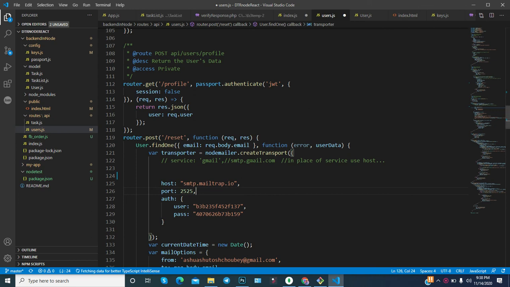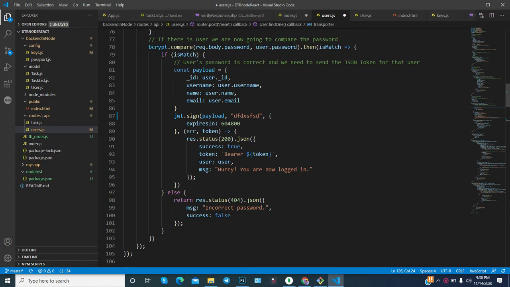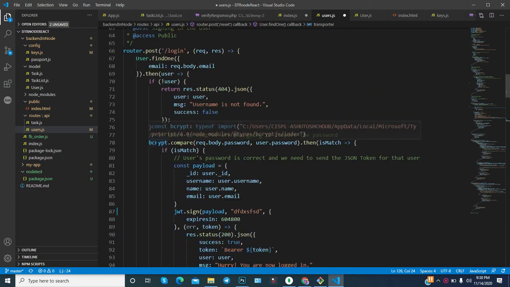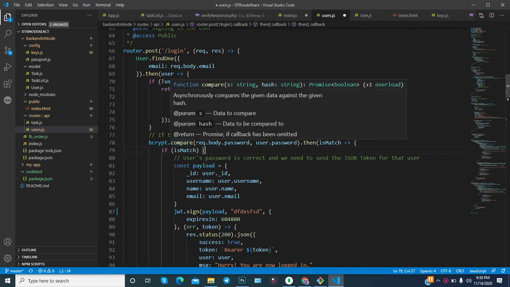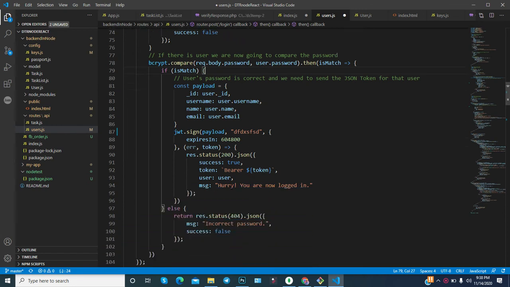So in the previous episode, you understood how you can utilize a JWT token, and you also learned that you can compare your password. If someone tries to log in, you can compare the password the user entered with the password in the database, after bcrypt encrypts it, and they will match. If it matches, then it will provide you the token.